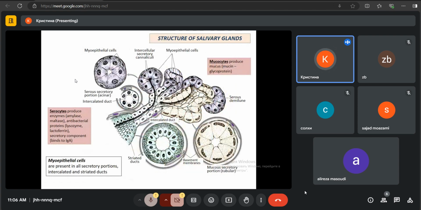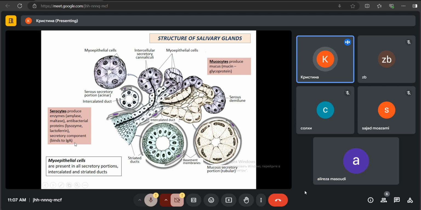The structure of salivary glands. All salivary glands include secretory portions and excretory ducts. The secretory portions can be of 3 types. Serous secretory portions. They include cells, serocytes, and myoepithelial cells, which lie upon the same basement membrane. The serocytes are the protein-producing cells. They produce the enzymes amylase and maltase, the enzymes for digestion of sugars, antibacterial proteins, lysozyme and lactoferrin, and secretory component,